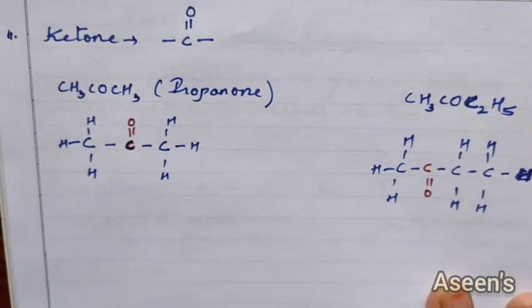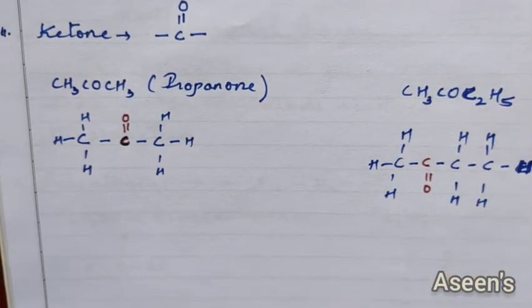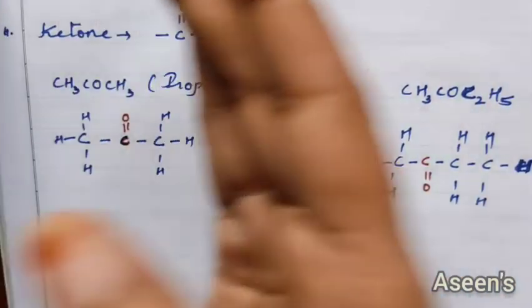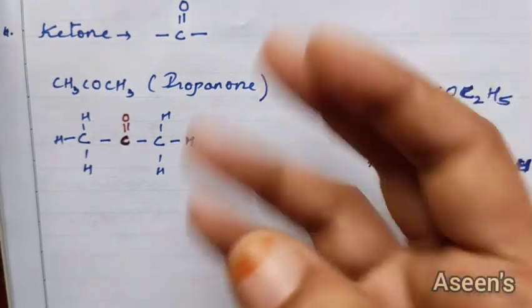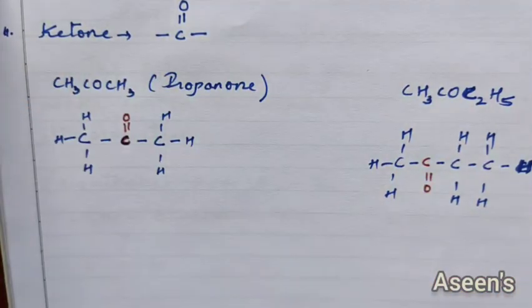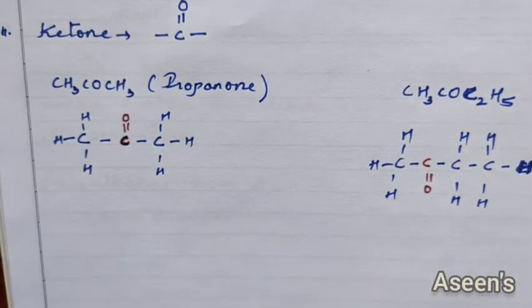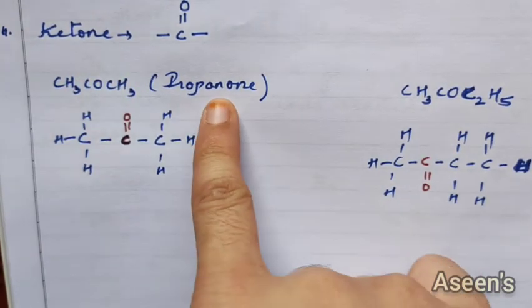Next, we are going to talk about ketone now. So this is a functional group. See, so far whatever functional groups we have seen, they were terminal. They were coming to an end. Even if it was alcohol or aldehyde or chlorine, bromine, everything was ending up at the end. In case of ketone, it is the opposite. It is somewhere in the middle. Okay, so we're going to see that the first member of ketone is propanone.